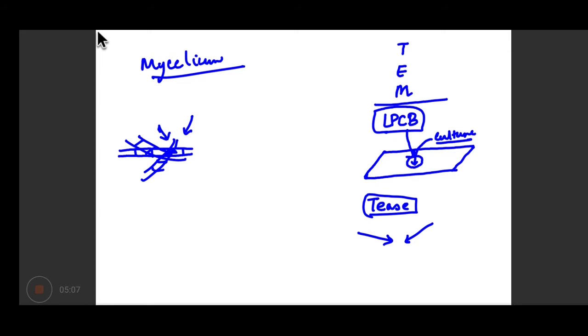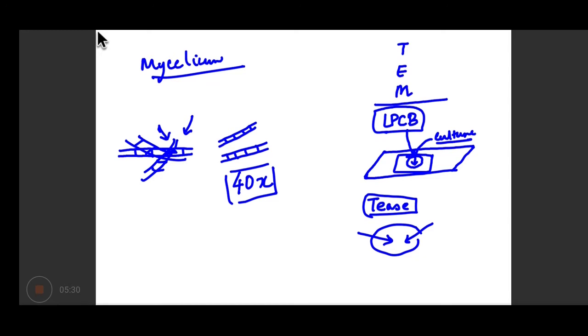Okay, so when they get separated and you have LPCB in the wet mount, then you are able to see them clearly in the microscope, 40x of the microscope. See, 40x magnification. Okay, so after you have teased the culture, then you place a cover slip and then you observe it under 40x. So what do you see now? So basically, if we are seeing Trichophyton,